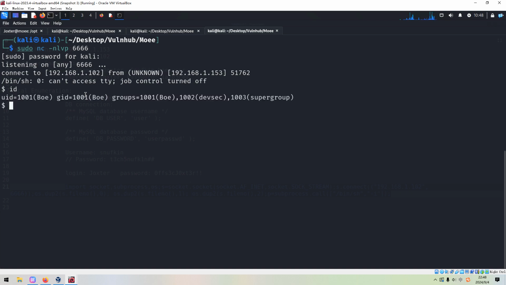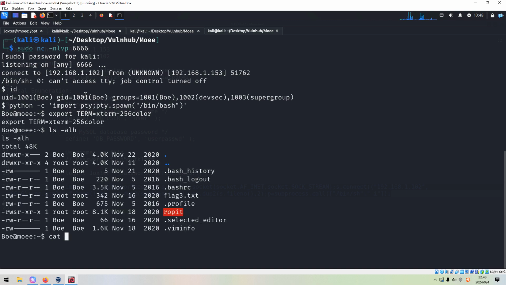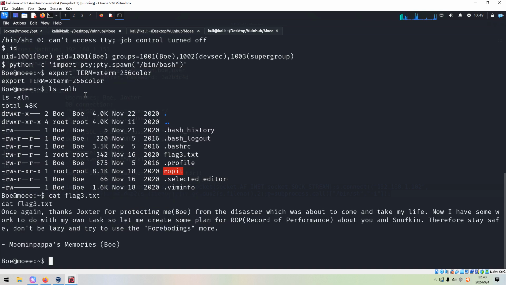And next, I think we can spawn the interactive shell, and also we can export a TERM color. And next, I think we can get the flag, and here I think it's very straightforward.